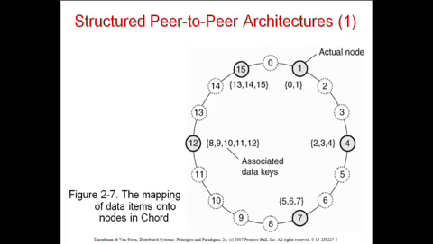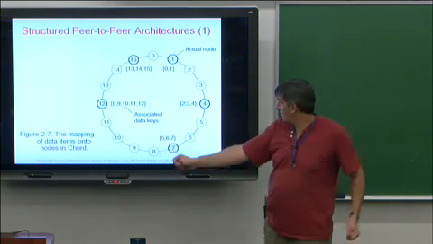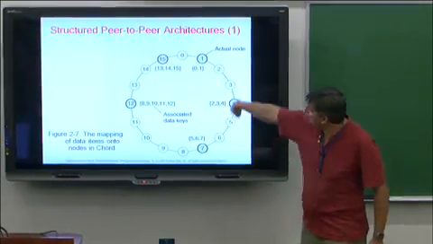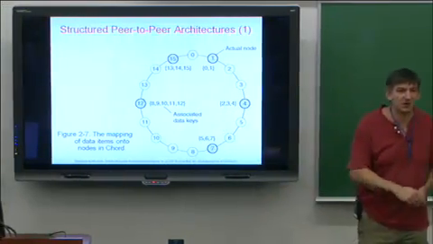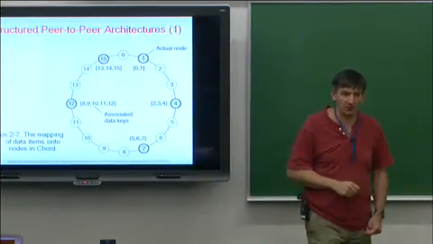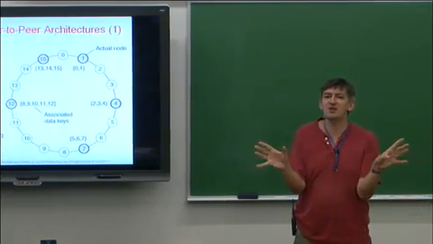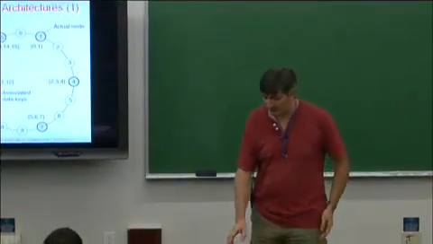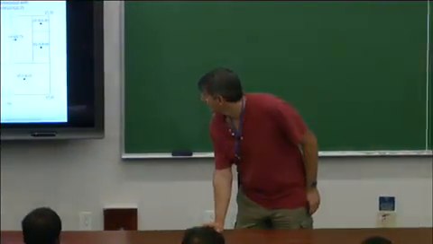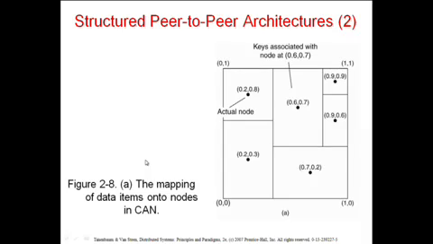Almost all of them are based on an idea called the distributed hash table. That forms some kind of a virtual ring, and jumping on this ring with steps of increasing size essentially gives you the logarithmic number of steps. It can be proved that it has all kinds of nice properties as long as things don't change too fast, when it becomes very problematic to analyze in any way, shape, or form. Another approach is to say, let's view the space of documents as some sort of a multidimensional space, and let's cut it into pieces to determine who is responsible for every piece, and then find a way to navigate this space.